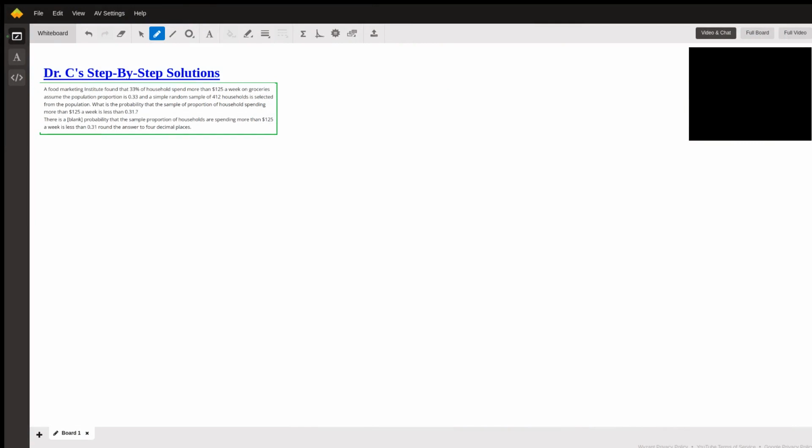And we are going to navigate this word problem on how to solve for proportions. So we have this word problem. The important elements that we need to navigate are that they gave us the population proportion, they gave us the simple random sample, and then we need to see less than 0.31. Okay, so if I were to write out the givens,